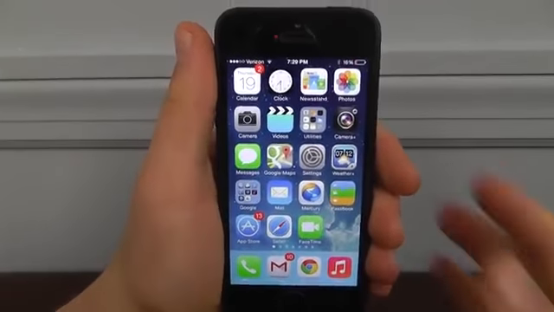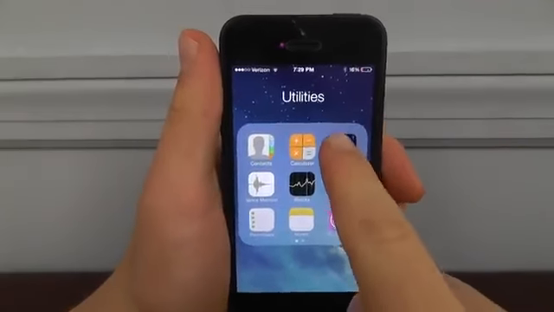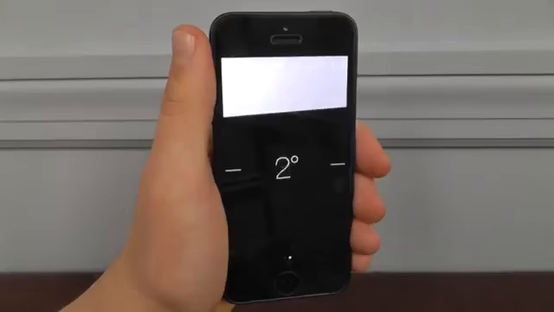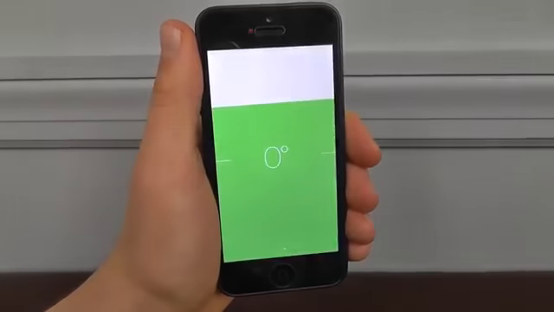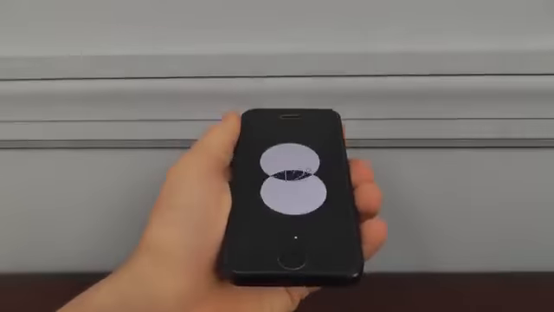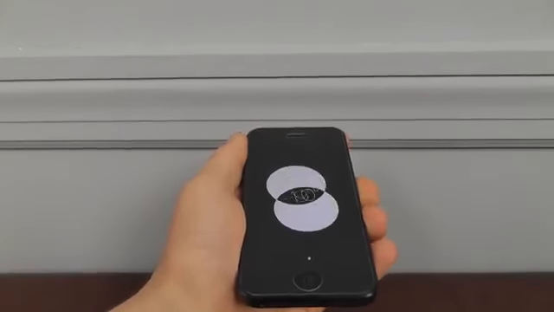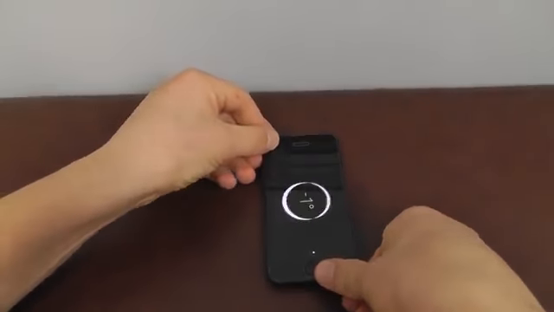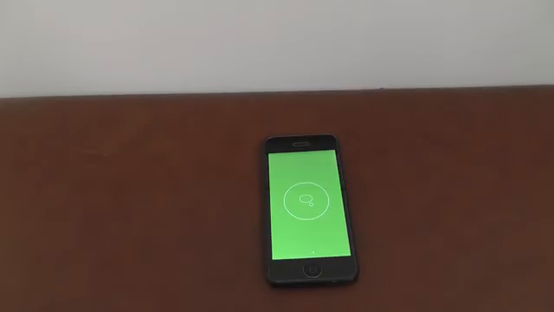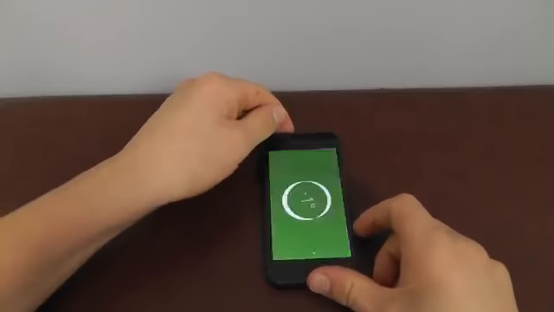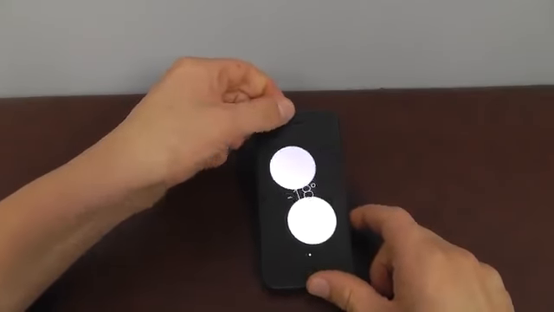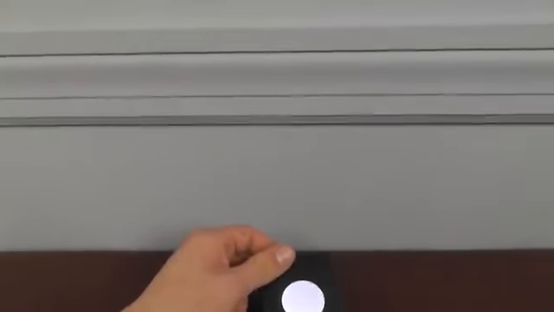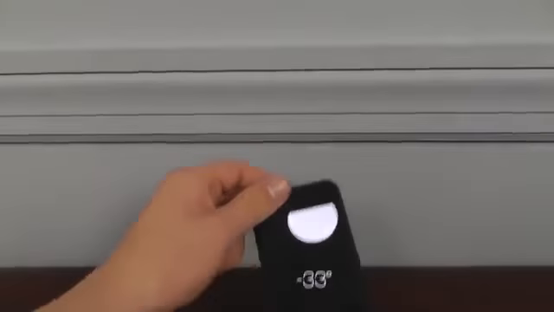Another really cool feature they built right into iOS 7, right inside the Compass app, if you scroll over one, you're going to be able to get a bubble level. Now this level will act as a level going up and down, but also on the ground as well. As you can see, we've got these circles, and they'll show you how far off you are in a very stylish way. I definitely like how they included this. So you place it on a flat surface, it should go to 0, and it'll shine green just to show you that it is level. Now obviously it's going to show you what direction everything's tilted in, using these circles. I definitely think it's a really cool, stylish way to incorporate a general tool that you might use on a